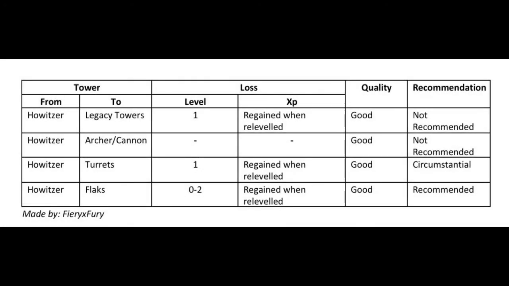Next up, this one is probably my favorite. Howitzer to legacy towers and archers and cannons. Same explanation as that of Flax. Now, howitzer to turrets. You lose 1 level, and the XP loss is regained when re-leveled. Good quality transformation. Do I recommend it? Once again, depends on you. If you really want a turret, you don't have the shards, but you have electrum bars, sure, go ahead, but